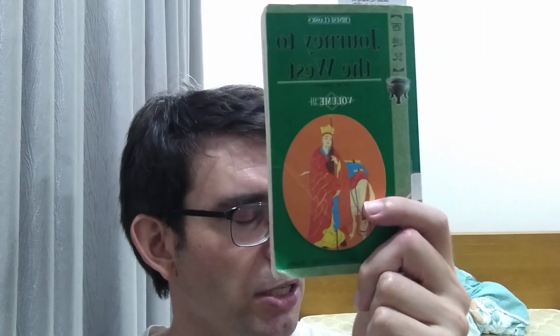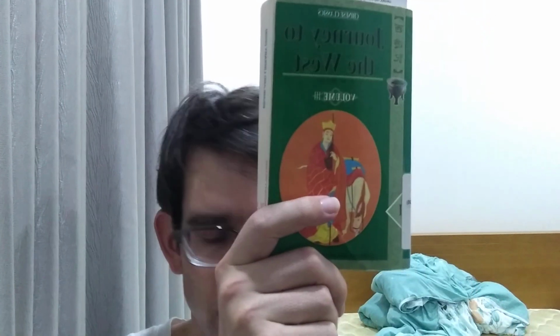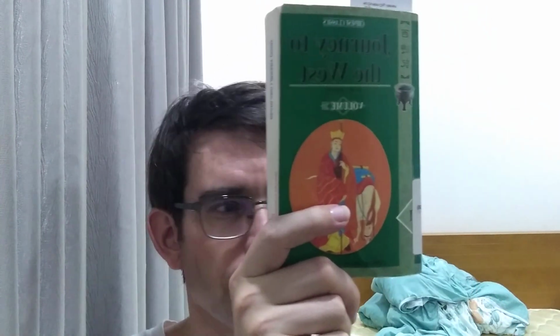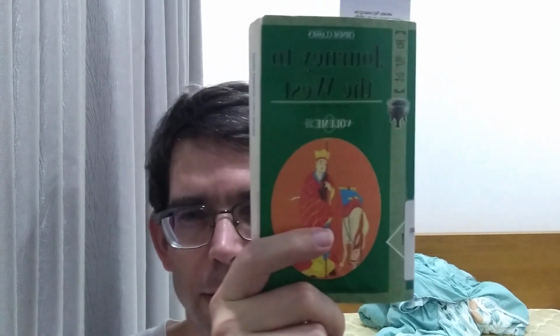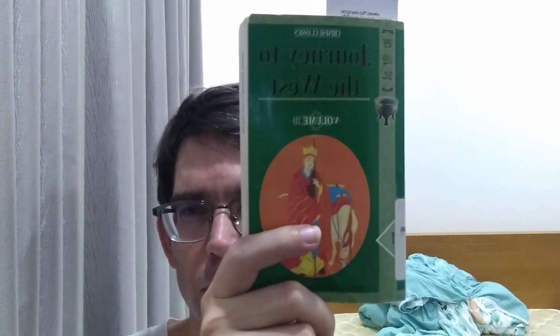So Monkey goes to meet Buddha. Buddha sends a bunch of arahats, I think they're pronounced, which I don't know what that is exactly, some sort of celestial being, who have cinnabar, which is some sort of magic spice or something, to fight the demon with them. And they go and they drop their magic cinnabar, but the demon throws his magic ring again and just catches them. And then the Buddha wouldn't tell Monkey where the demon was from, but the Buddha did give one of